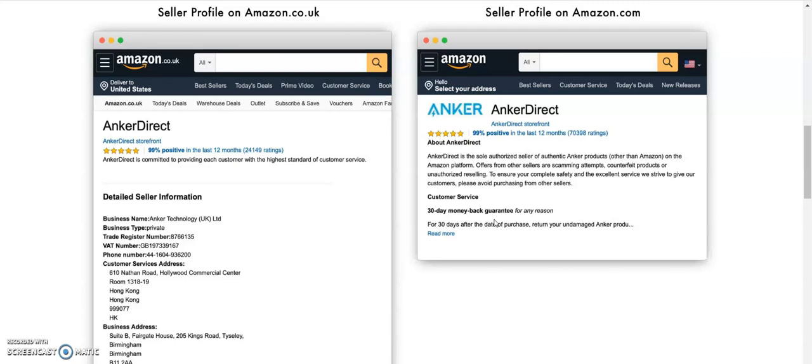Here's the three types of sellers, or actually I should say four ways I think it is, that I think this is really going to affect sellers. So the first type of seller this is going to affect is the new small-time seller, right? One thing I notice about new people starting businesses is people are very protective of their privacy, which is understandable,